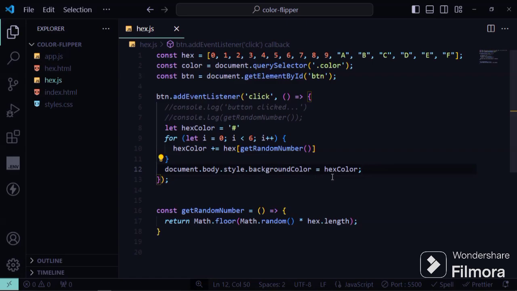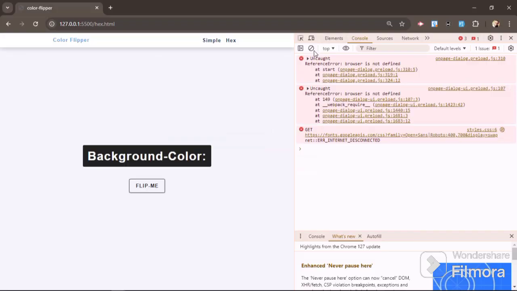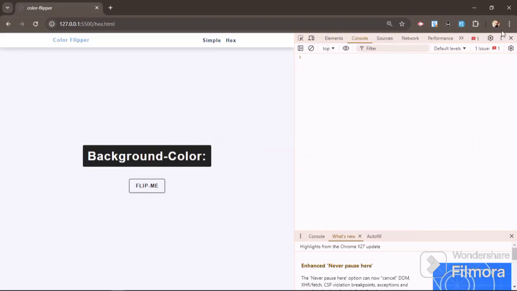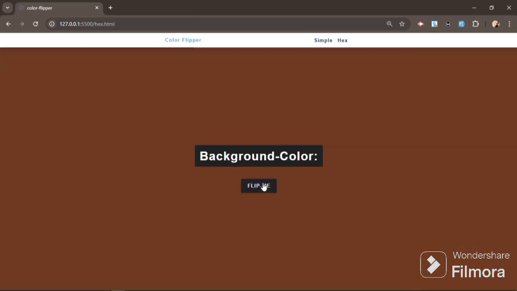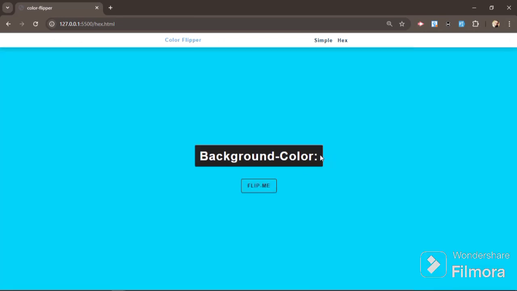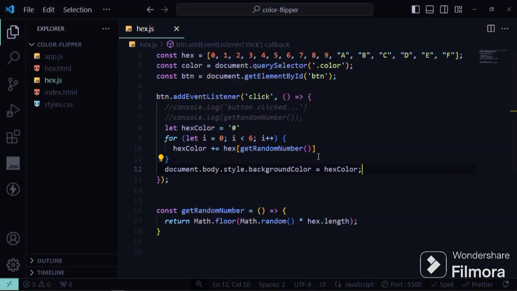If we save this and go back, we don't need our dev tool right now. If we flip this, we are generating different colors on the fly. Now to be sure of this, let's see the value of each and every one of the colors we generate right here. Remember, we pulled in our